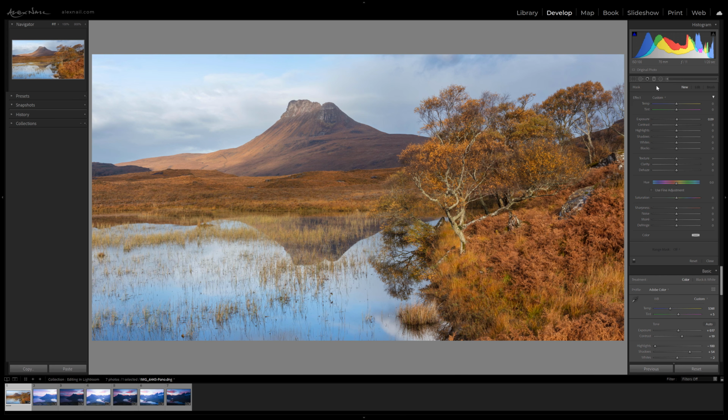Finally, on to the local adjustments, and we have three ways of making changes locally to an image. There's the gradient filter, the radial filter, and the brush tool. So the gradient filter works by essentially just dragging across the image, and you can see these bars appear. The central bar is the area where 50% of that adjustment is applied. Above the top bar, 100% of the adjustment will be applied, and below the bottom bar, 0% of the adjustment